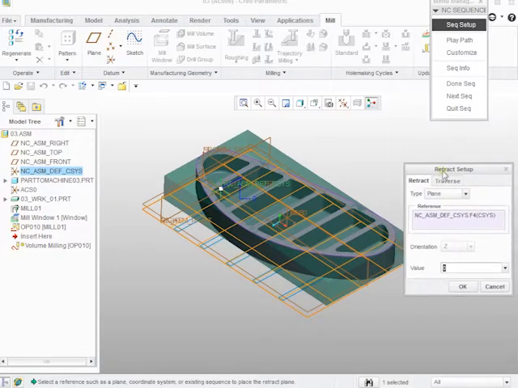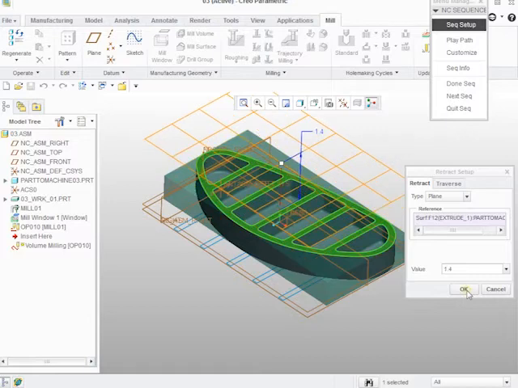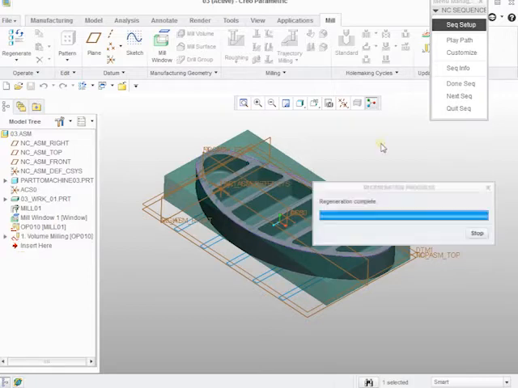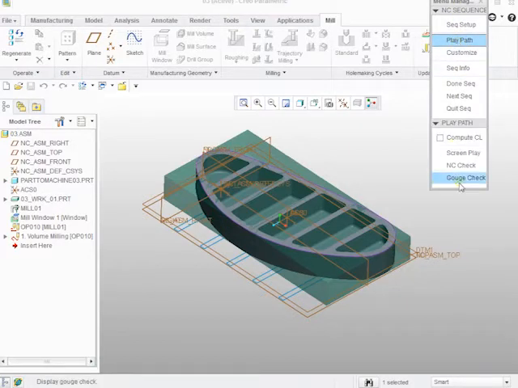Now it's asking for my retract setup. I'm just going to lift it up about that far. And it's asking now for that mill window, silhouette edge. So pick that. Now I've basically created my toolpath. I could play the path if I want here,